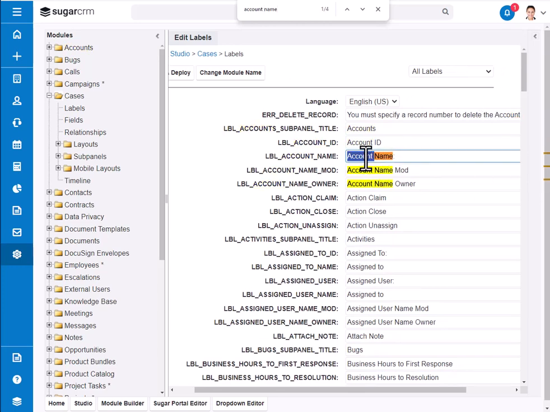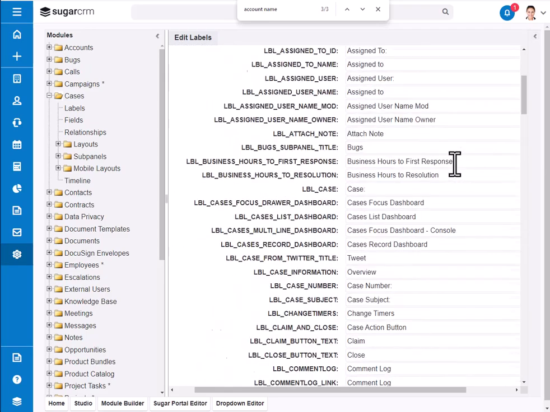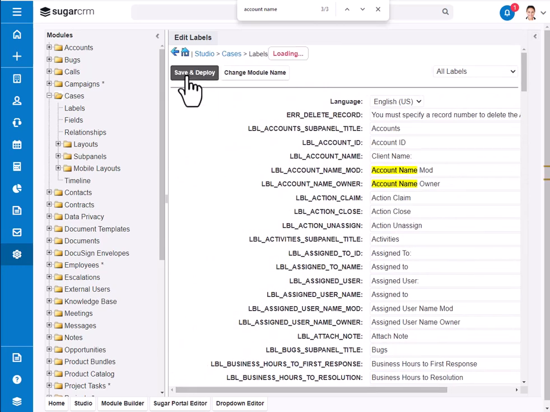name and change it to client name, and look for all the places where it may be. Now, sometimes it might be correct where it says account name. Like if it was Facebook account name, then leave that one alone. But this will show you in the record view what the account name was called. And also in the list view, it will list out underneath the label on the left side, the system